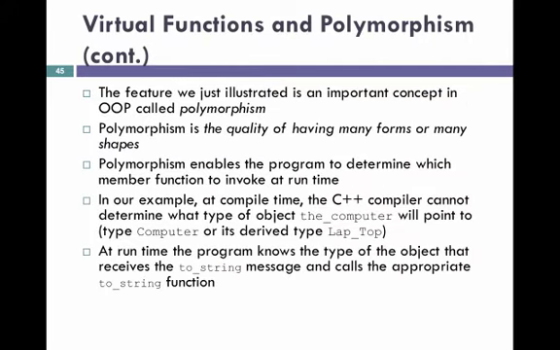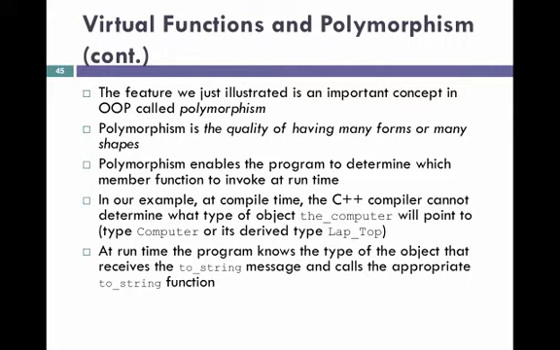Now that feature of virtual functions, dynamically determining at runtime which method we're going to call, is an example of a concept called polymorphism. Polymorphism is the quality of having many forms or many shapes, and it lets the program determine which member function to invoke at runtime. And so in our example, the C++